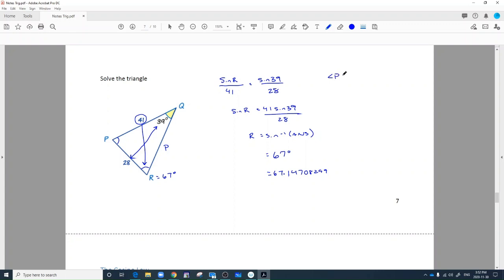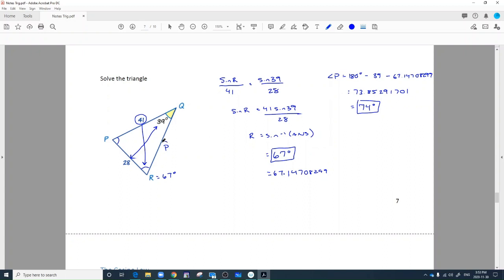So if I want to find angle P, I'm going to do 180 degrees minus that 39, which is an exact value, and then minus the 67.1470829, the unrounded version. So I'm going to do 180 minus 39 minus, now my calculator still has it, so I'm going to do minus the answer, and I get 73.85291701. Again, if I'm going to use this again, I have to keep it unrounded. If I was giving it as a final answer, angle R is 67 degrees, angle P is 74 degrees. So the boxed answers are my final answers, but I have to keep my unrounded versions as well,